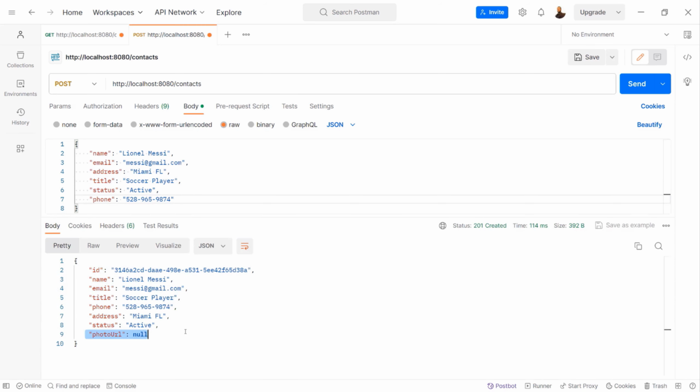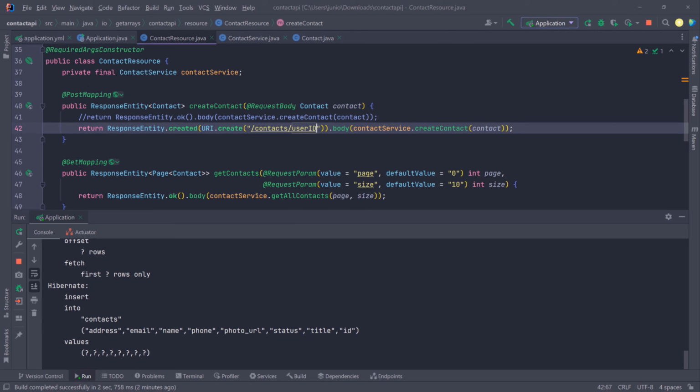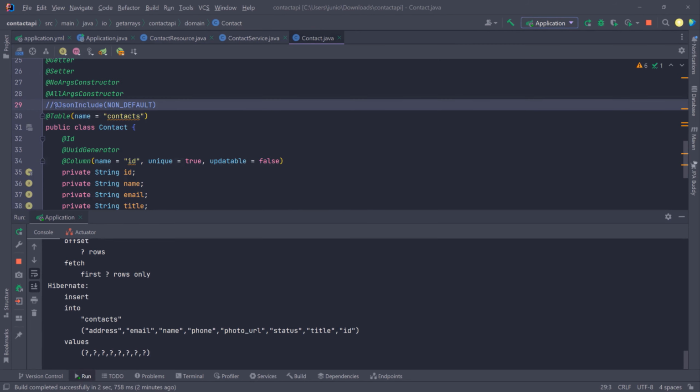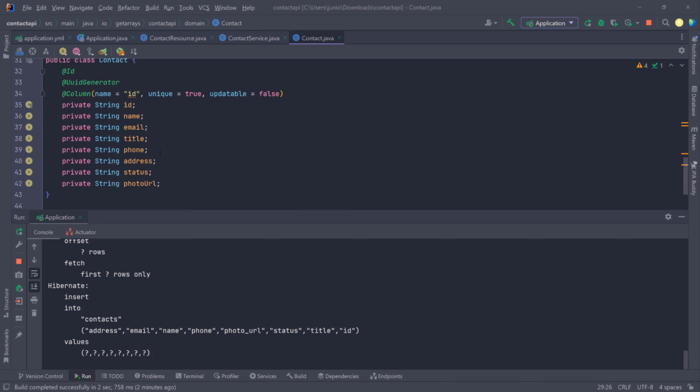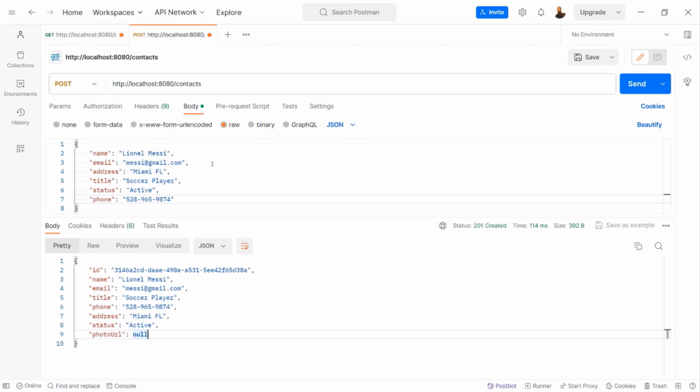But you see now we have the photo URL, which is null. So sometimes you want this behavior. You want to see that something is null, because in the front end, you can check for a null value and then make a decision from there, or write some logic from there. So sometimes you want this behavior, sometimes you don't. What's controlling this is this annotation right here. Okay. In my case, I'm going to keep it. But in most cases, you probably want to show everything, even if they're null, because